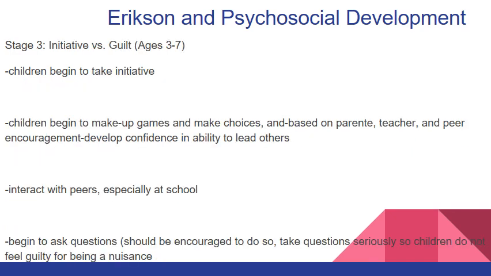During stage 3, initiative versus guilt, children ages 3 to 7 continue to take more and more initiative. They start to make up their own games and make more and more everyday choices: what food they eat, what clothes they wear, who they become friends with. If they're successful in making choices and they're encouraged by adults, their teachers, and their peers, children will develop confidence in their abilities to make choices. They'll also develop confidence in their ability to lead others